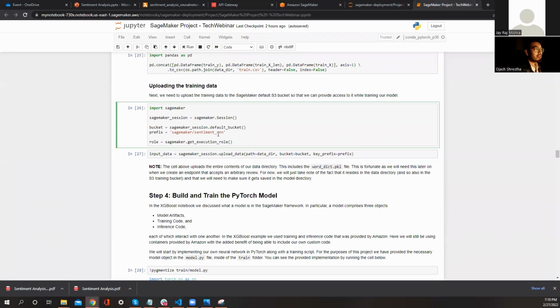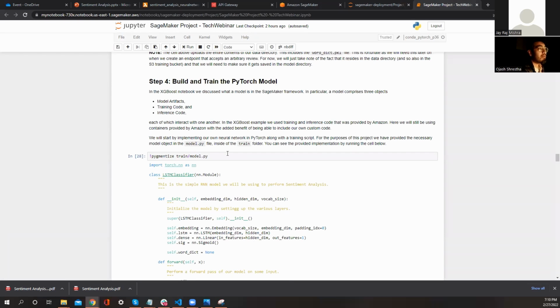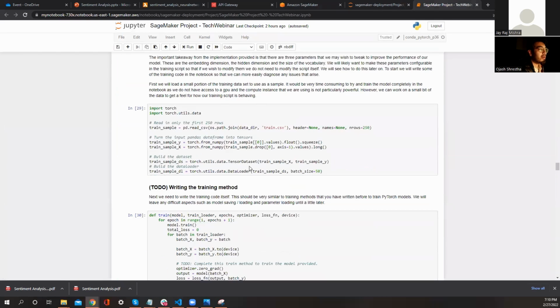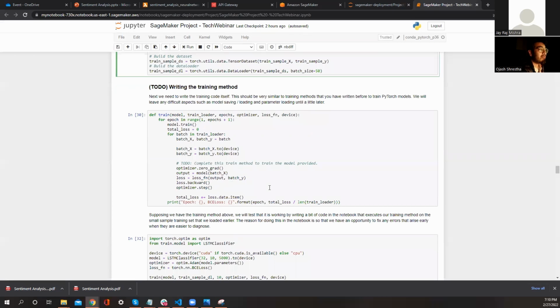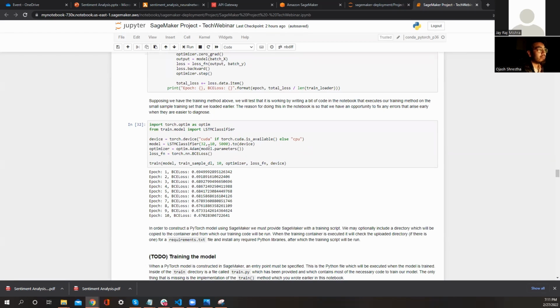This is basically the file itself that we use, and then we build and train our model. We use the PyTorch model to read our training CSV, and then we train our model. When we train, these are the hyperparameters that you can tune. For example, for the LSTM classifier, I've used 10 epochs, but you can probably do 50 or 100 times, and that's probably going to give you a better output. You can actually test this. This is what we call parameter tuning.